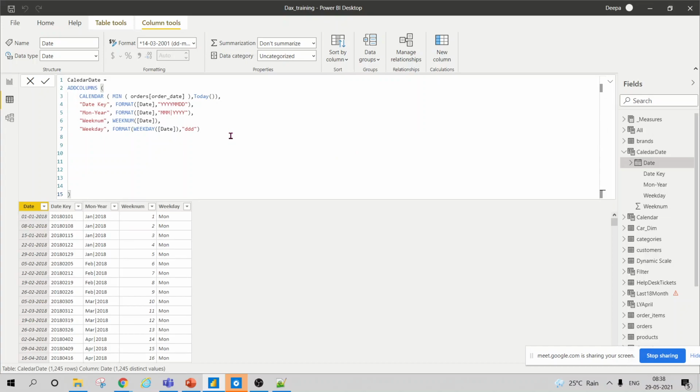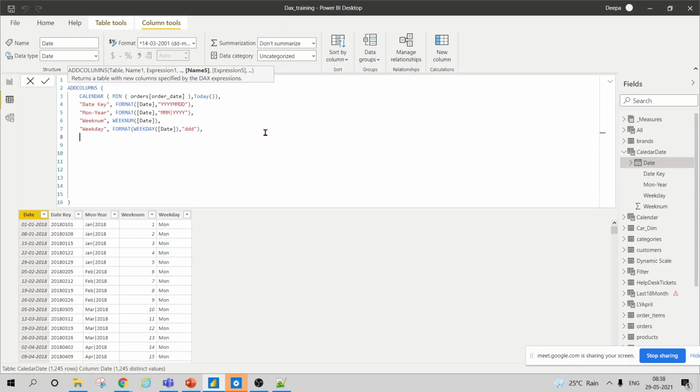So first of all, the weekday was only calculating the weekday, which was only giving numbers 1 to 7, and then on top of that, I formatted it, saying no, I don't want 1, 2, 3, 4. I want it in the name. So I formatted it using DDD. Okay. Now let's create another column. So what column would I like? I would like to get month.